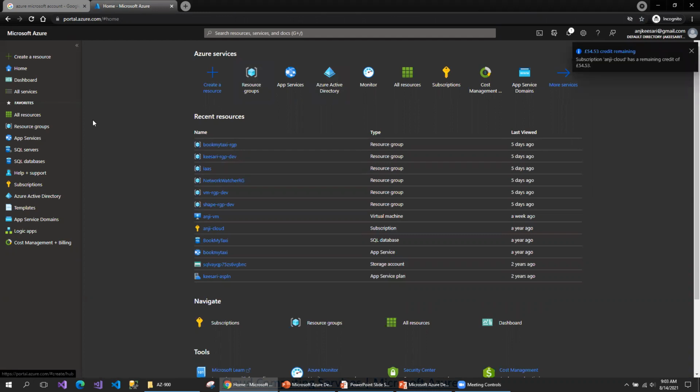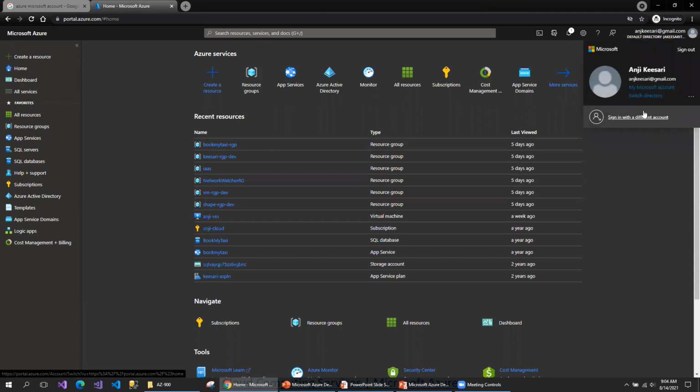This is how you should be creating the account for the first time. As I mentioned, there are two ways to get this account. Step one, you need to have the Gmail ID. Once you get the Gmail ID, step two, you need to link that Gmail ID with the Microsoft Live account. I have explained how to link to the Microsoft Live account. And if you already have an email ID linked to the Microsoft Live account, you can straight away enter the email ID and password, and it will allow you to select the free Azure portal subscription.